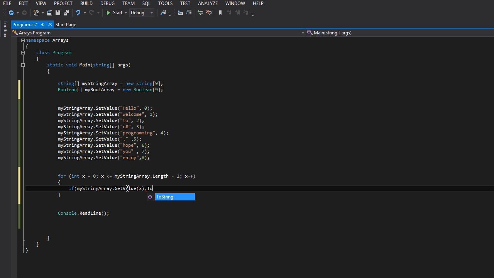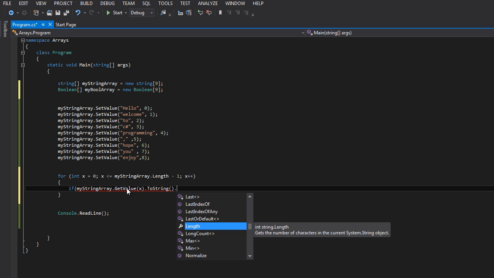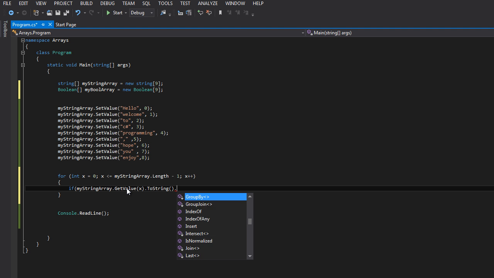So just do a simple toString, opening and closing parenthesis, and then put another period. And in here we now have access to all the string type classes, methods, and properties that we want to use here. The one we're going to be interested in is the length of that particular string. So if the length of the characters is greater than, let's say, 5,